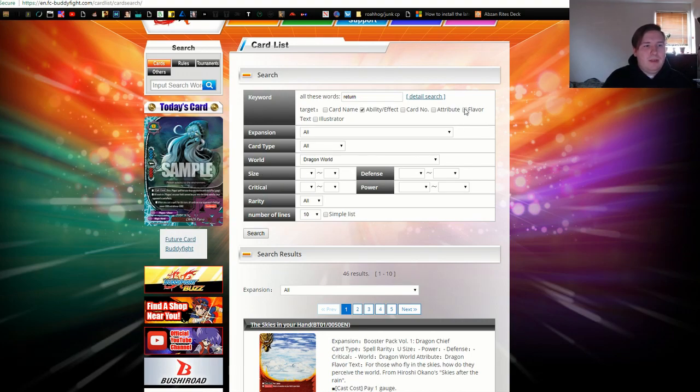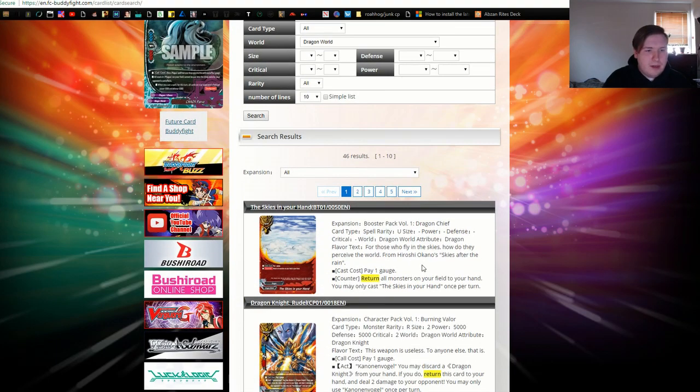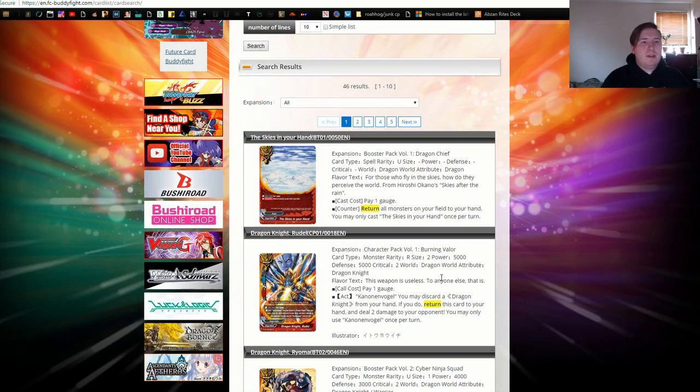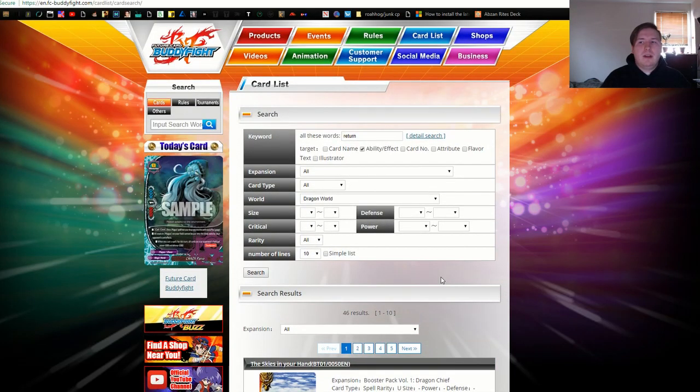You can look up by flavor text, but that's really hard to do. And you can look up by illustrator, which I believe most of the illustrators are in Japanese because this is a Japanese-owned company. So it'd be hard to do that without being able to type out the certain kanji or whatnot. So this has just been a quick way on how to build a deck and then a quick